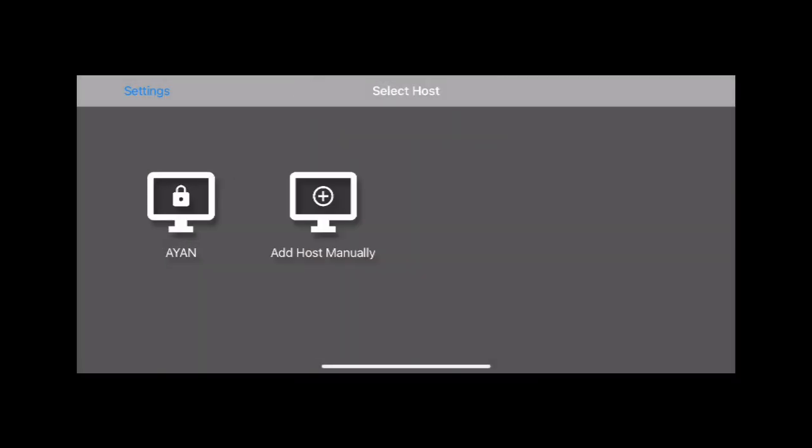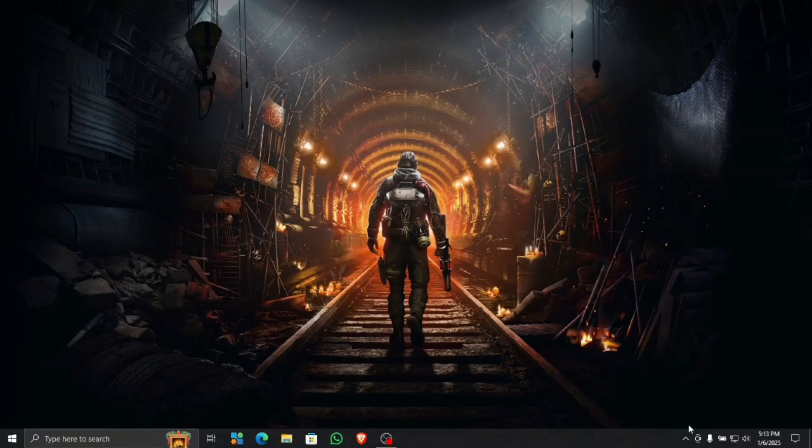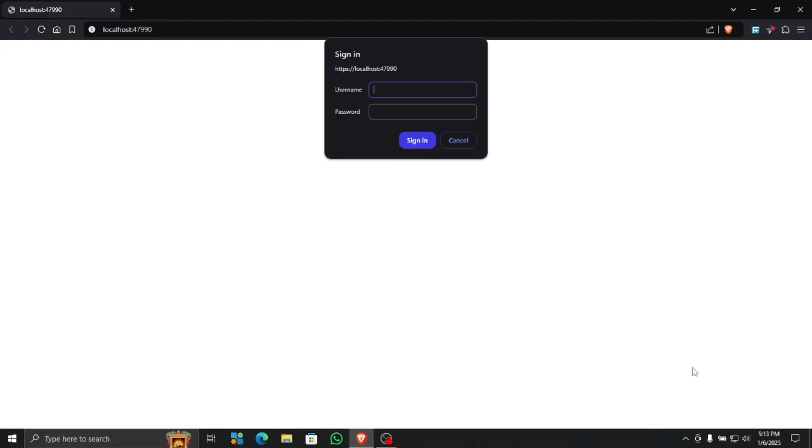I don't know why, because it is kind of really slow here. It will give you the option once Sunshine is running. Let me see, connect to my PC. It's gonna give you a pin, which I have blurred a little bit, so gonna keep it private. Now you can open Sunshine right there and sign in with your username and password